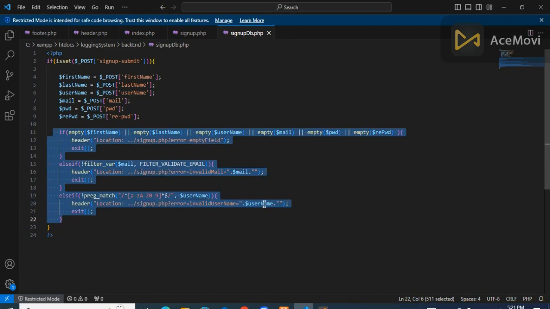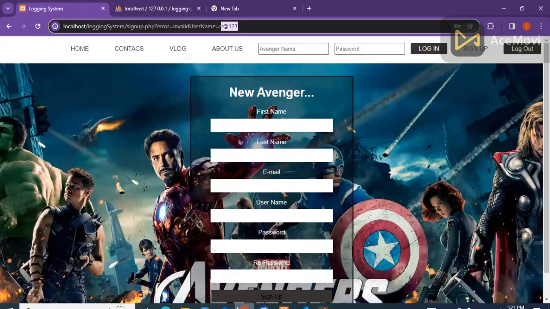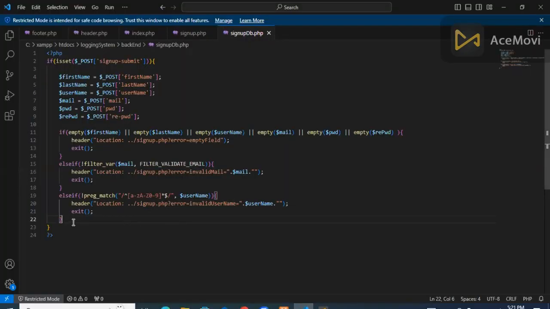So far we have the three validations. So what is the next validation? You can check password and repeat password is same or not. For that we need another else if and this is curly brackets, and we can use password and repeat password. It's not